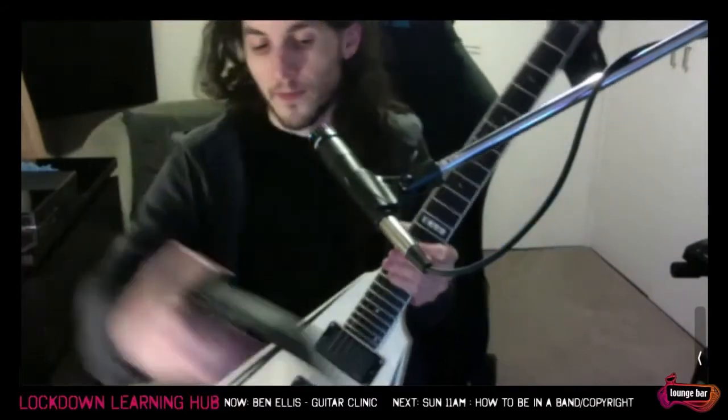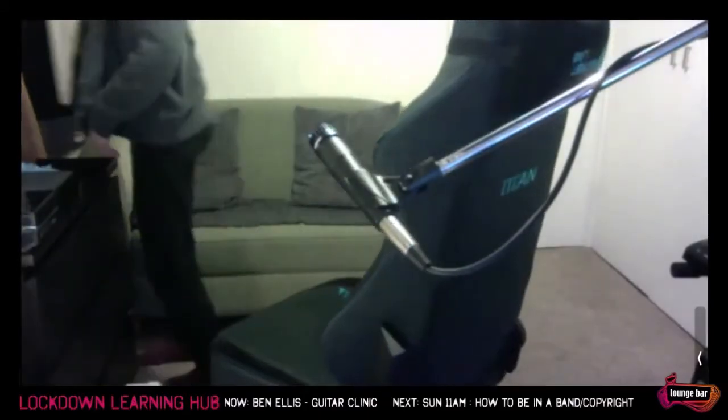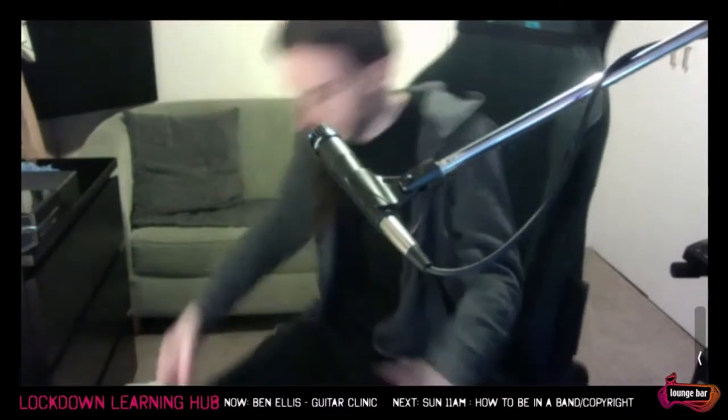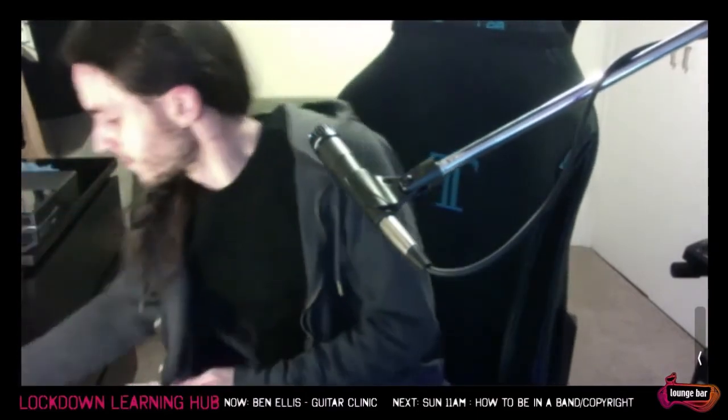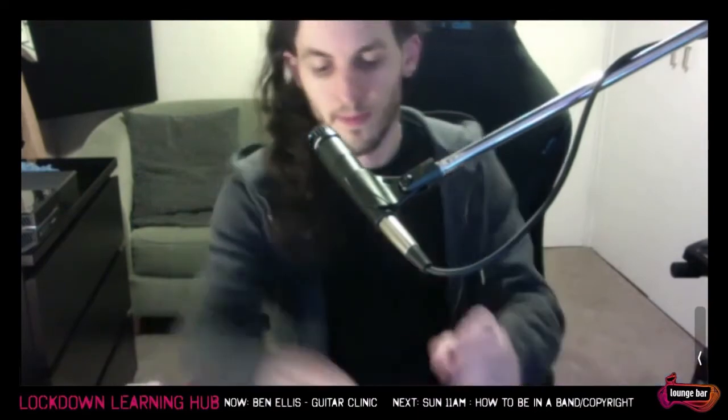Otherwise, I'm now going to put this back and grab the other guitar again and quickly go through this little tapping idea. All right. Okay, so let's get that volume back one more time. Okay, cool. So this little tapping idea,